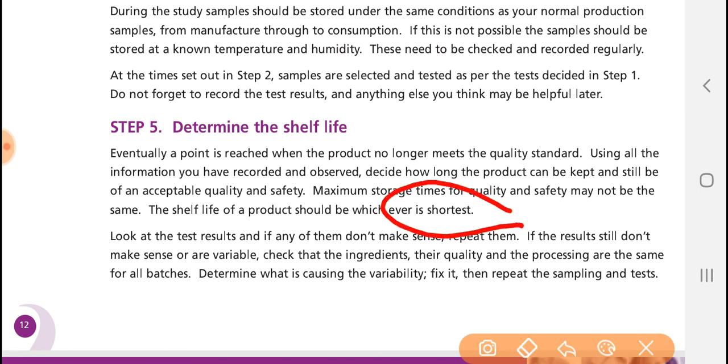So during the study you have found that this product stays good for this much time, and different times you have gathered, but the shortest time period should be given on the label to the consumers. Only the shortest shelf life period you have to give. Like suppose you have tested it for 15 days or 20 days or 1 month, and you have found that after 15 days your product is safe, after 20 days also your product is safe, after 30 days also it has good shelf life, but you have to put 15 days on your label. Okay,